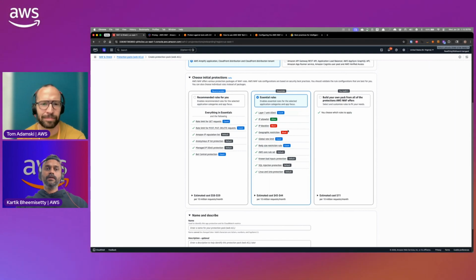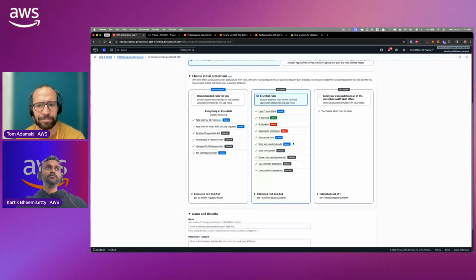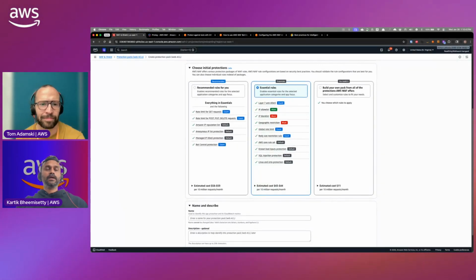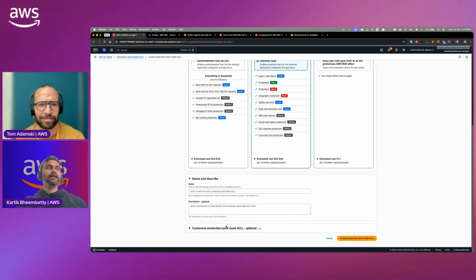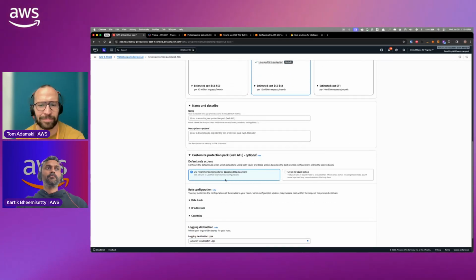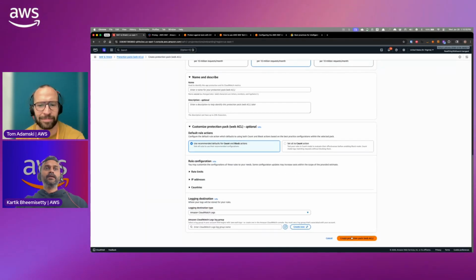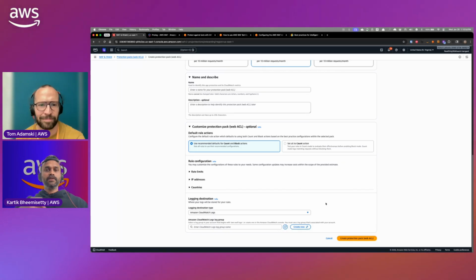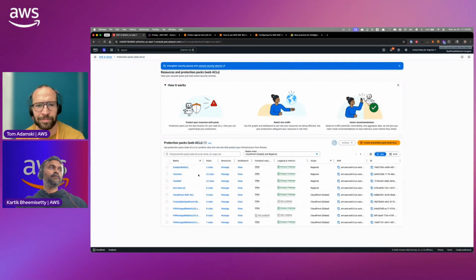We'll go deeper into what is count, what is allow, block in the upcoming slide, but it gives you information on what the default action type is on that particular rule, so that you can quickly enable your protection, and then create a protection pack for your application. Right? It's very simple. It gets you basic rules that you want to get started, and then with the dashboards that we have, let me show you one of the dashboards.